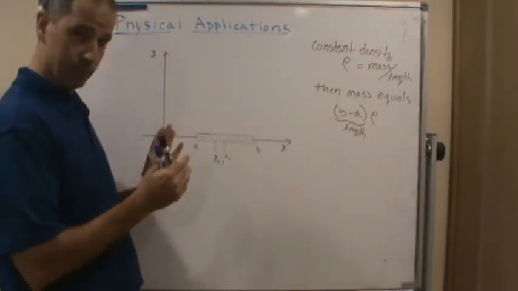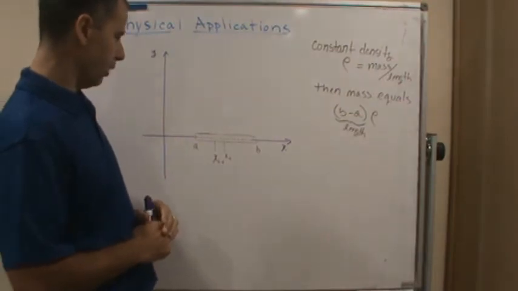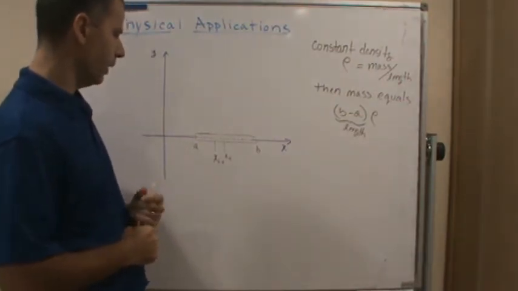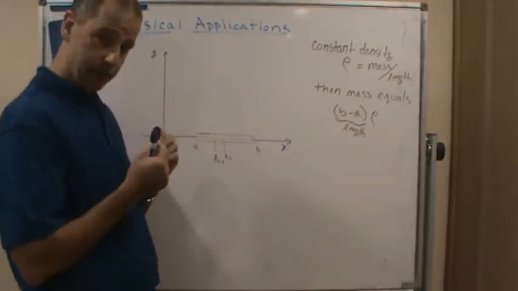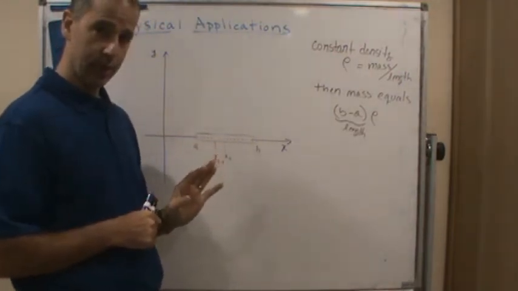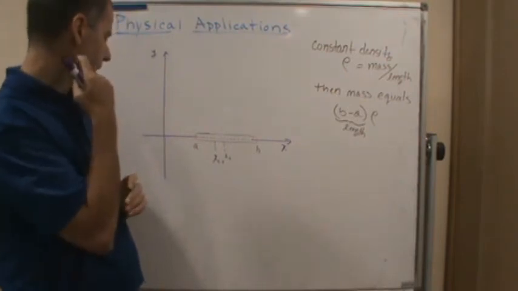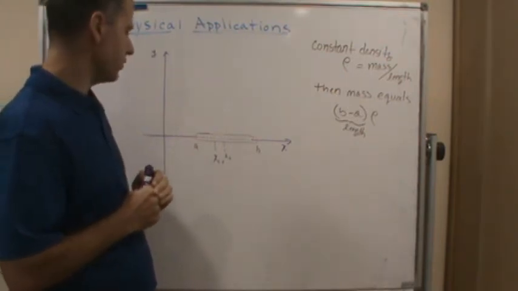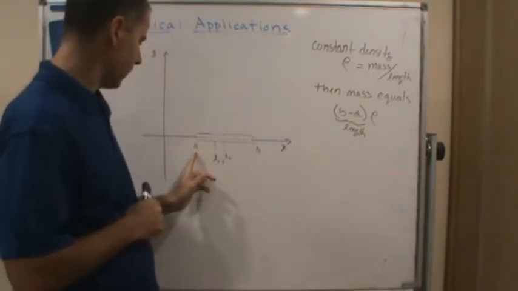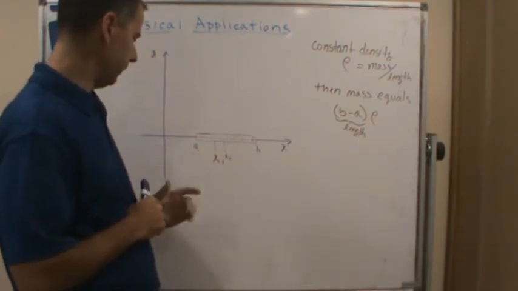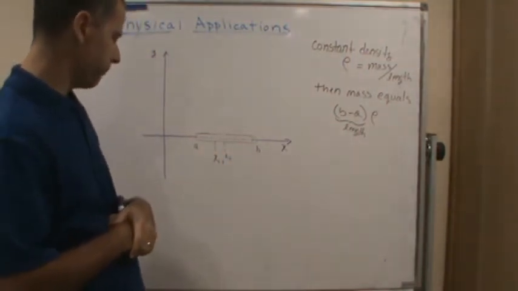We're also going to assume that the rod is thin enough that we treat it as a two-dimensional object. So we're talking about a very thin rod. And if we look at the interval from a to b as the length of the rod,